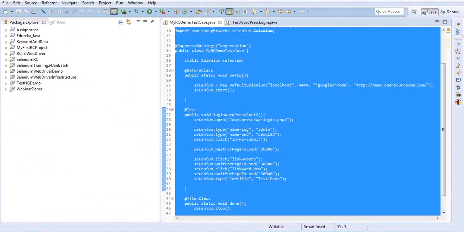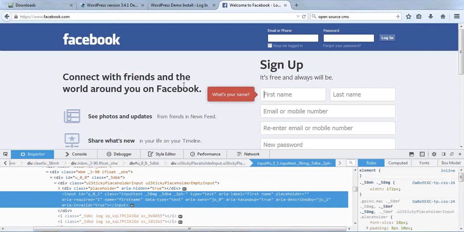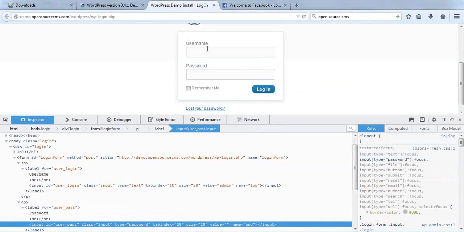So what we will be doing, we are clicking on the link post and then waiting for the page to load, and then I'm clicking on add new and waiting for the page to load, and I'm verifying that it is a test demo. Okay, so once I log into this application,